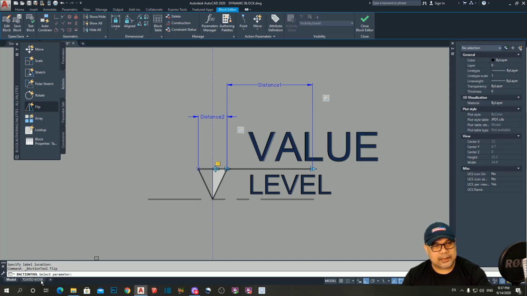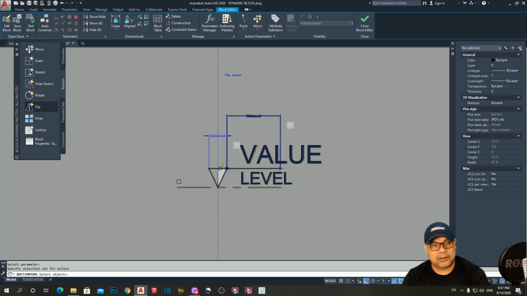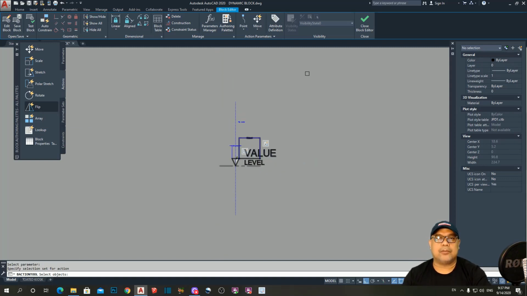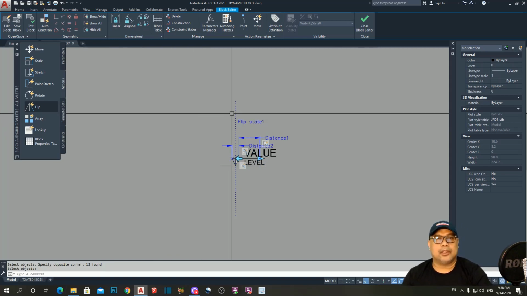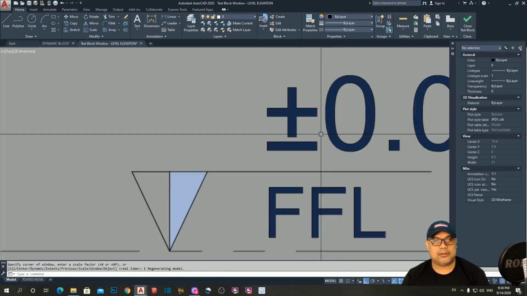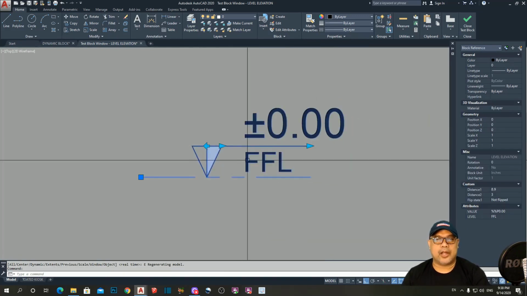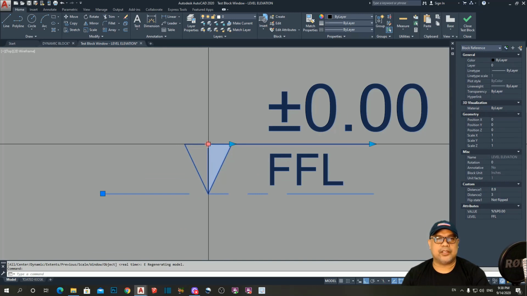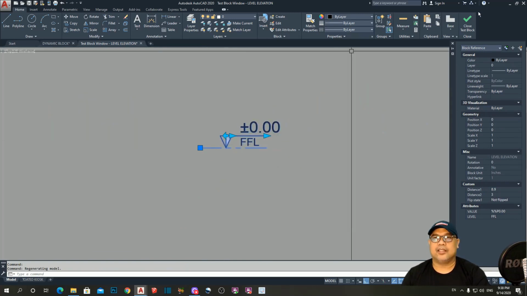Then AutoCAD is asking us to select parameter. So the parameter is this one. Then select object. So I have to select all. I want to flip this object all. Then AutoCAD found 12 objects. So I have to hit enter. Okay, then let's try for the test block. So extend. Let's try, so the flip action is already here. Let's try. Okay, then close